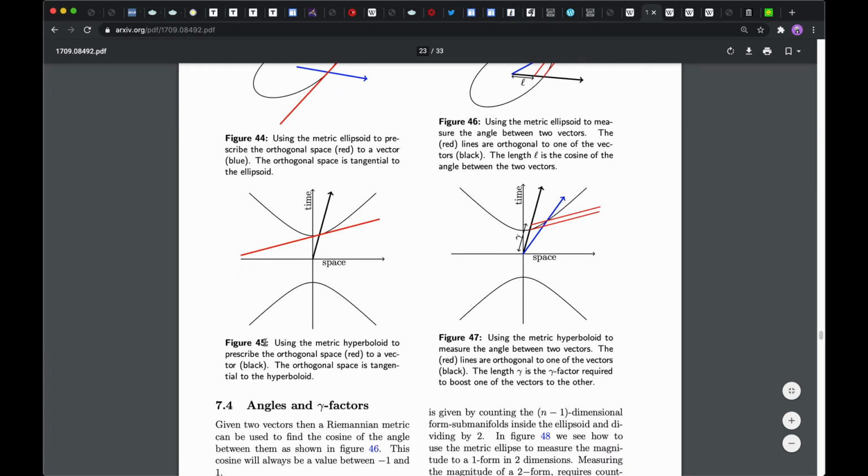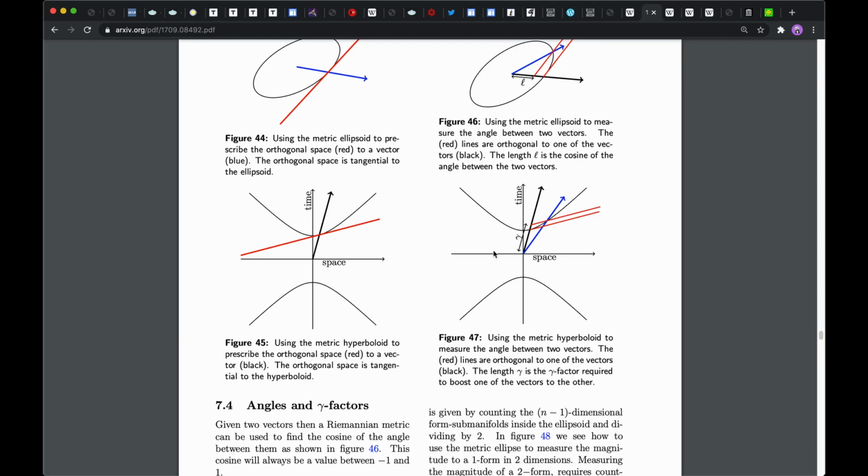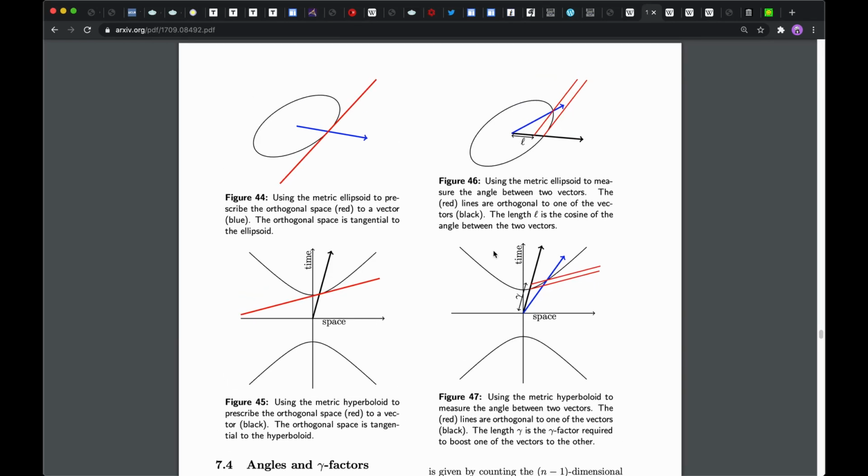And on figure 45 we see how to do that in Minkowski space. So in that case the tangential lines will go through the point on the hyperbola here. And on figures 46